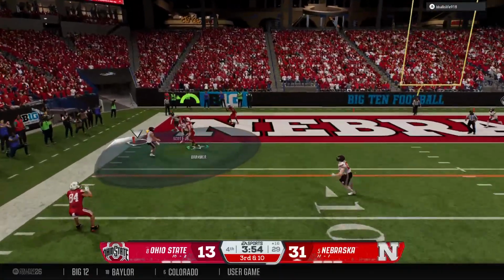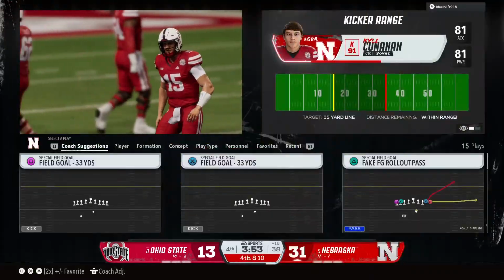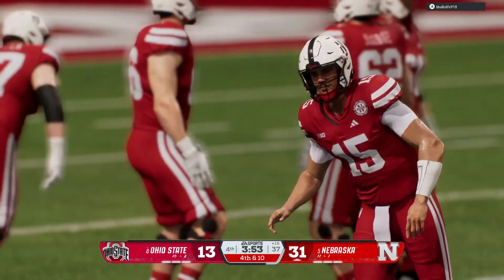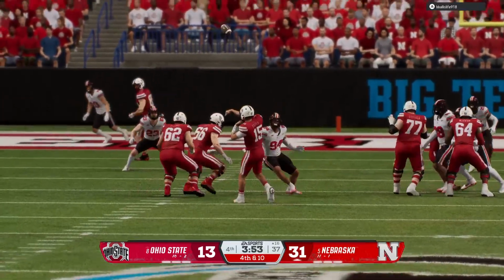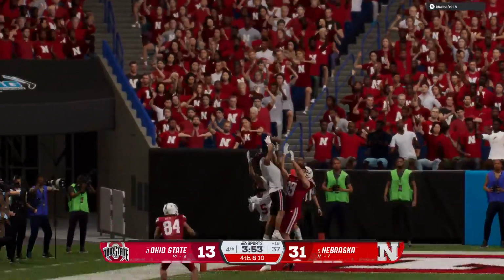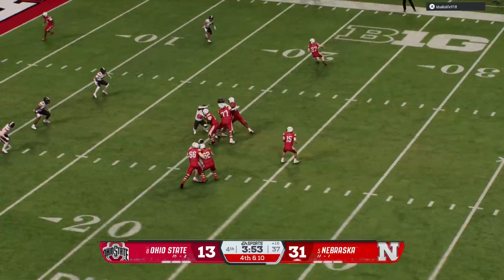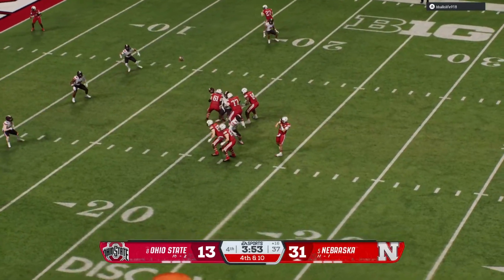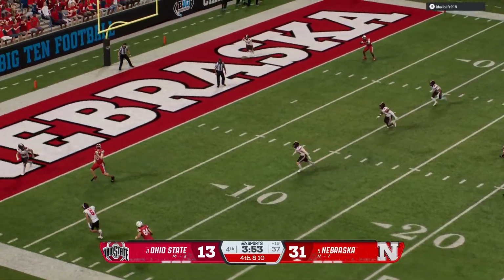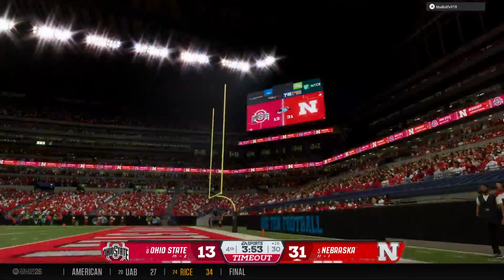Looking to the end zone. Pass is intercepted, but out of bounds. It's a relief for the quarterback there. Well, they take a shot into the end zone on third down. They come up empty, but a reasonable field goal attempt now if they want to take it. The decision is not to go for it on fourth down. Here comes the field goal team.